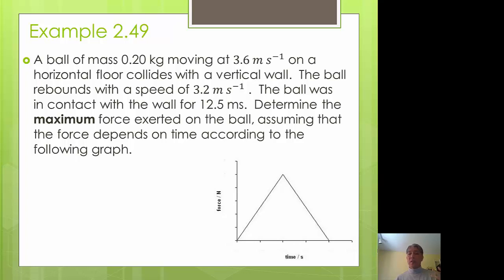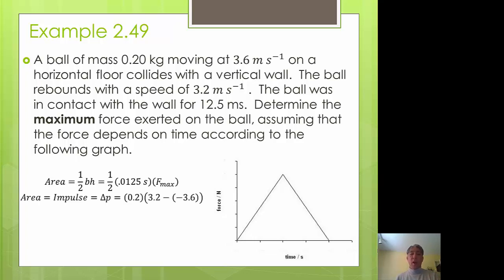So in this case, we do need to know some information. I have no units on my graph. However, I do know the ball was in contact with the wall for 12.5 milliseconds. So that's the base of my triangle. The height of my triangle corresponds to that maximum force. So if I do the area of a triangle, 1/2 base times height, and fill in the various values and the variable for the maximum force, I can calculate that the impulse is going to equal 1/2 times 0.0125 seconds